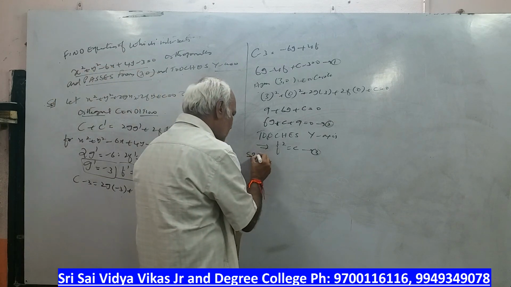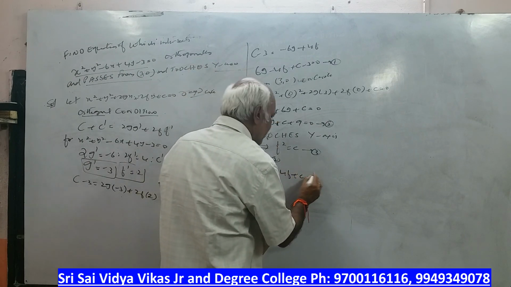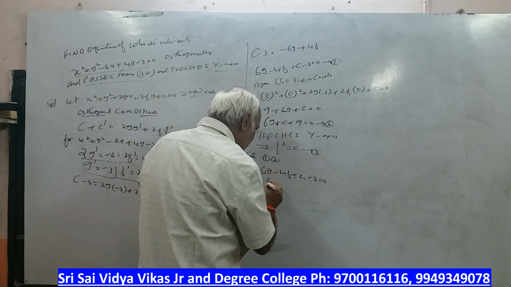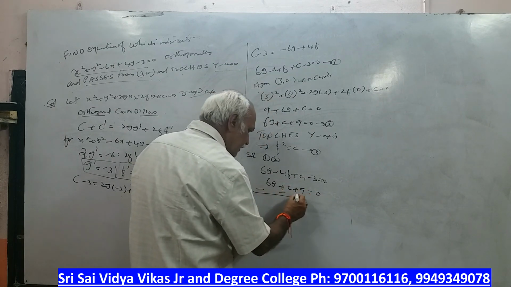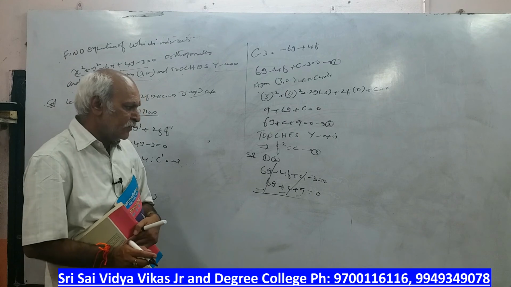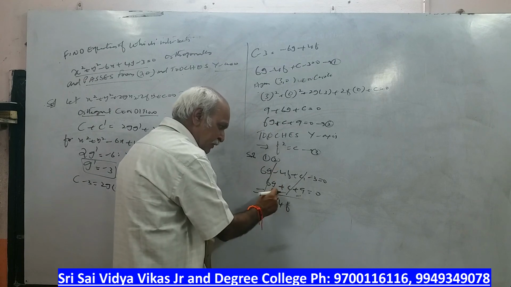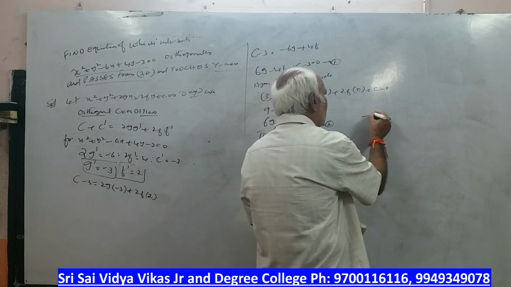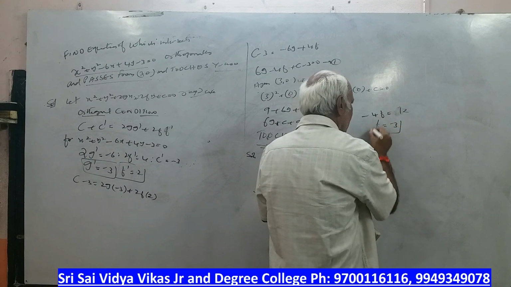Solve 1 and 2. The first equation is 6g minus 4f plus c minus 3 is equal to 0, and the second equation is 6g plus c plus 9 is equal to 0. Subtract. Both g and c get cancelled. So what do we get? Minus 4f, since there is no f in the second equation. Minus 3 minus 9, minus 12 is equal to 0. So minus 4f is equal to 12, so f is equal to minus 3.